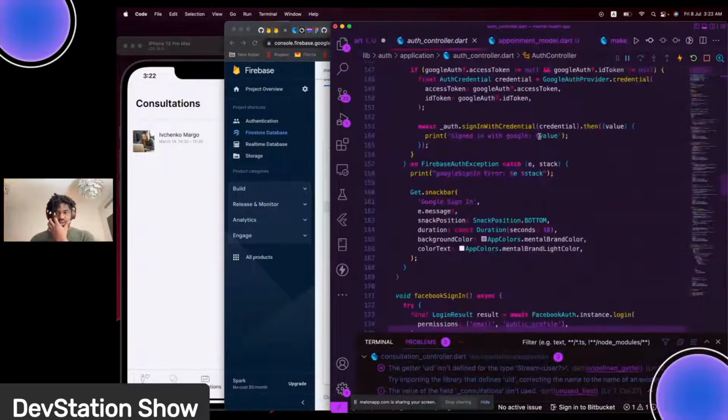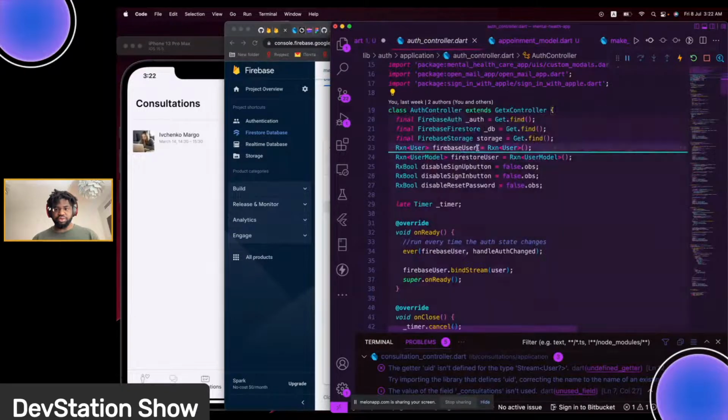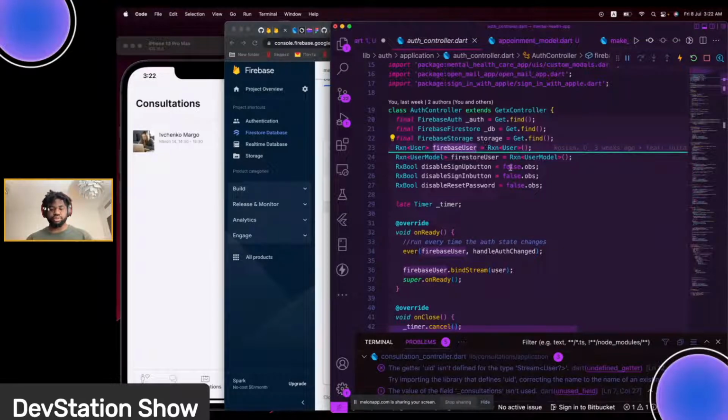So here we go. It's called Firebase user, not FireStore, Firebase user, and we can tap into the ID. So copy that, and in here,